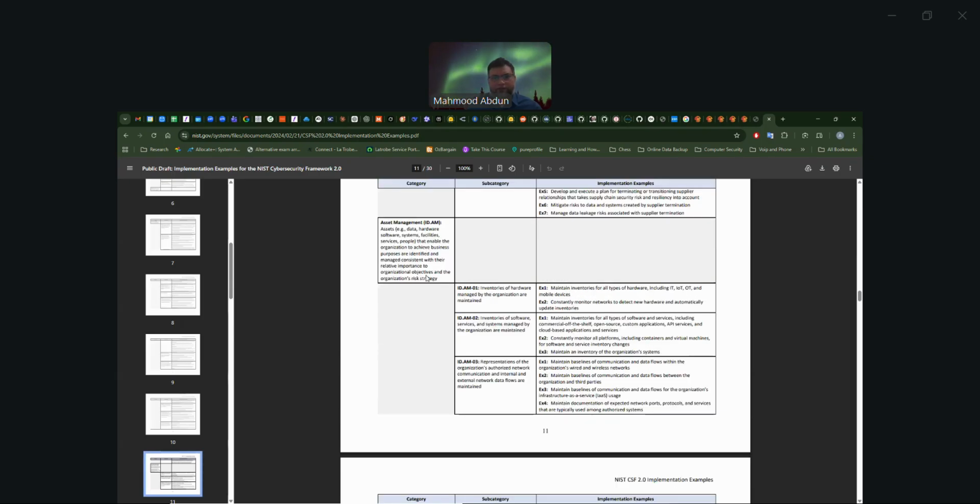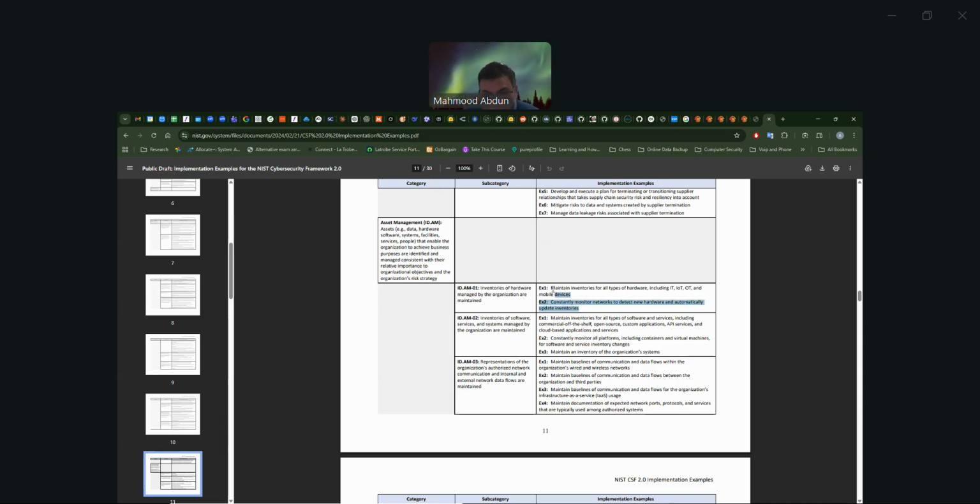Identify is a function, and one of its subcategories is identification of hardware managed by the organization. Okay, inventories of hardware, and examples of how you achieve this: you maintain an inventory of all types of hardware, including IT, IoT, OT, and mobile devices, and you constantly monitor networks to detect new hardware and automatically update inventories.